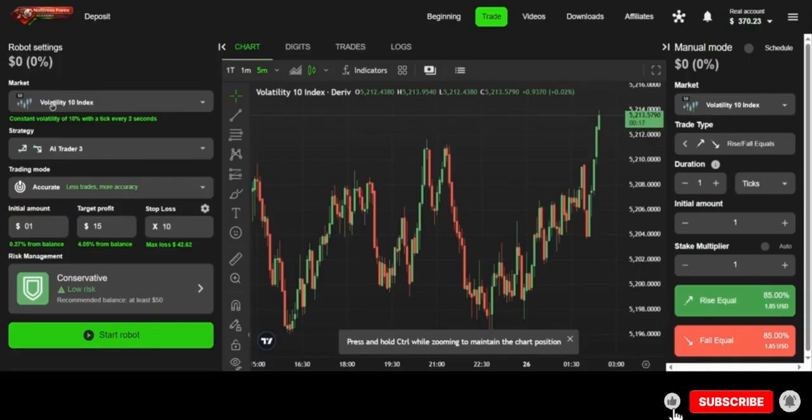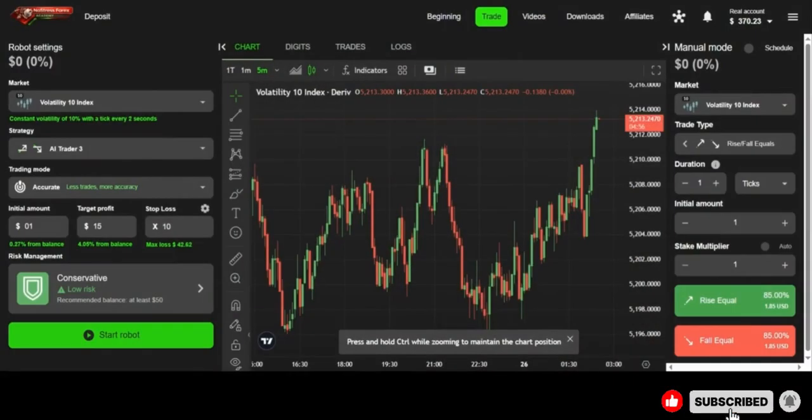Firstly, you know that you have to select the market. Let's say you've selected your market based on your analysis. And secondly, you've chosen AI Robot 3, as I always expect you guys to do. And thirdly, you've chosen accurate mode, right? Now, to grow a small account, you come here for the initial size, play along, use